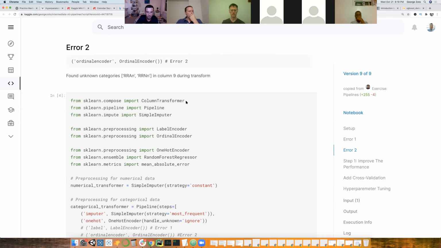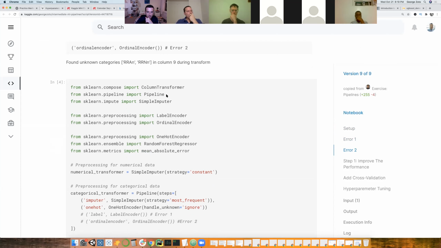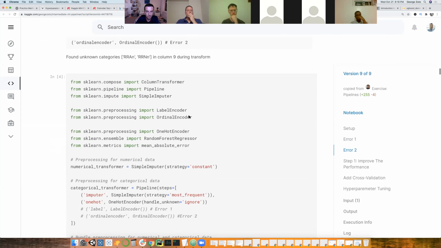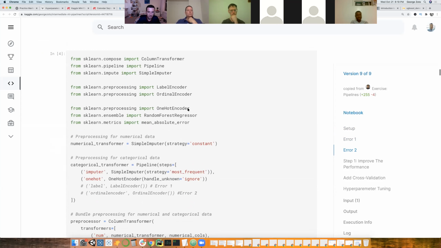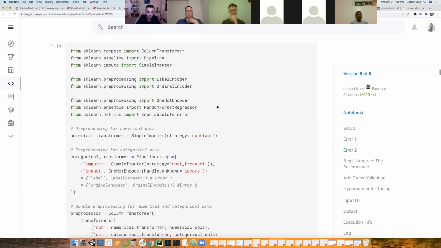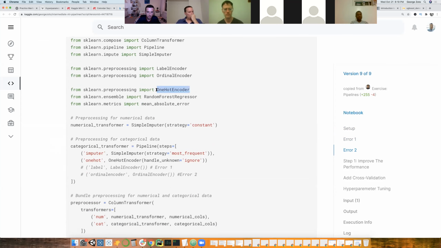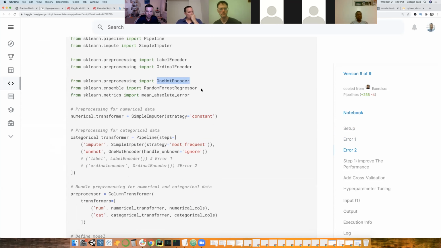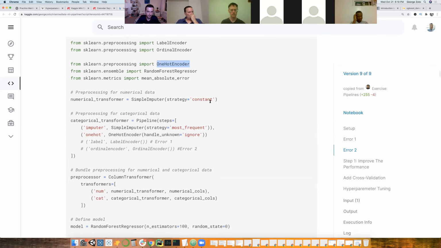Again, the column transformer is what is going to combine all these steps for us, and the pipeline is the object that will combine the column transformer as well as our model into one object. Label encoder, ordinal encoder, this is me experimenting. One hot encoder, I think I ended up using that. We'll use a simple random forest here and an MAE.